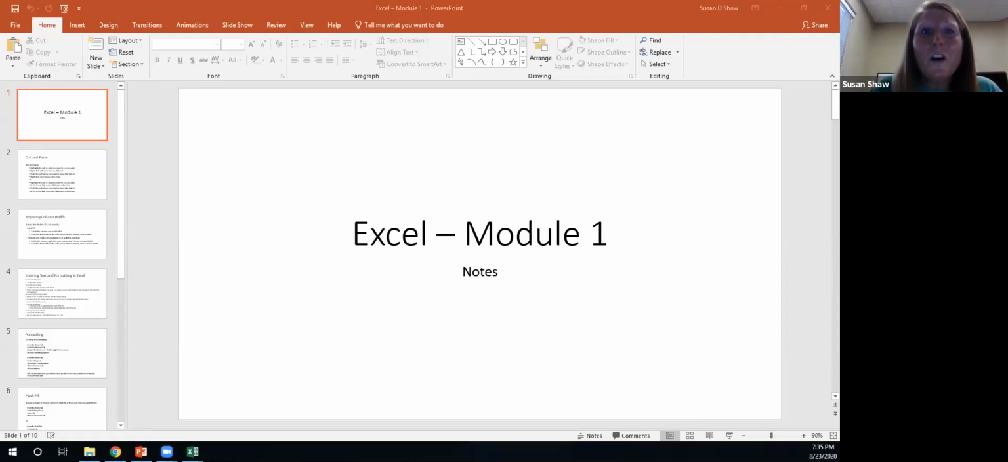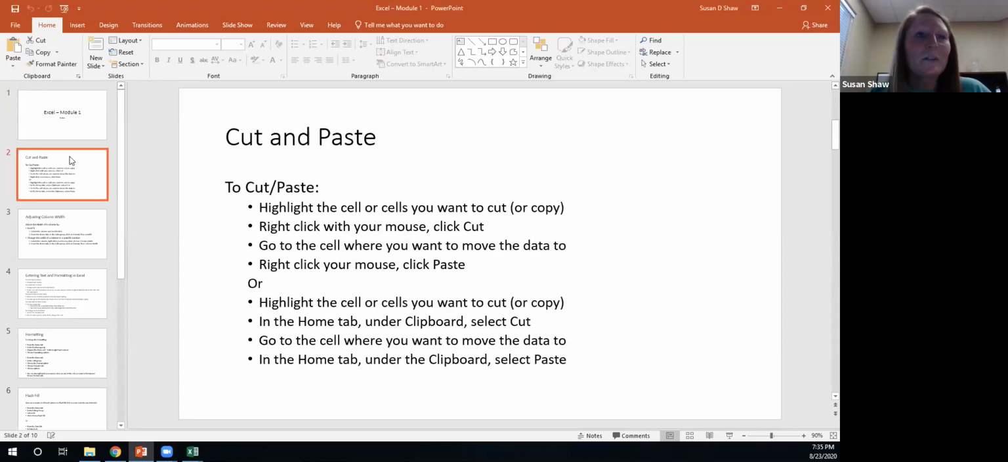So today we are walking through the Excel Module 1 notes. As I'm walking through these notes, I'm going to swap back and forth between Project A and show you how to do some of these steps in the project. So in Module 1, one of the first things that you're learning how to do is how to cut